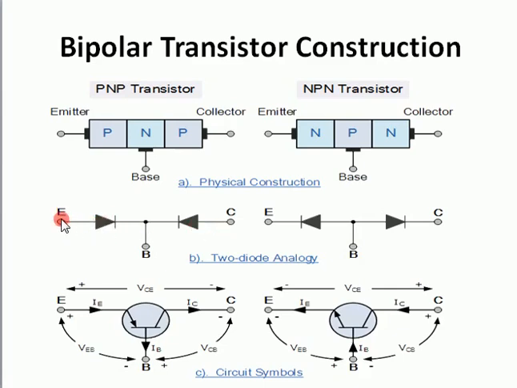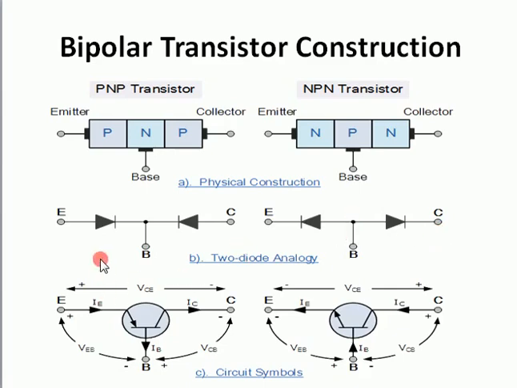So here this is the emitter, this is the base, and this is the collector. Now in this case we have NPN. It means the sandwiched one in the middle is the P terminal, that is the anode of this diode as well as the anode of the other diode. Both are connected with each other. That's the common, so P is sandwiched here. So this is the emitter, this is the collector, and in the middle we have the base.